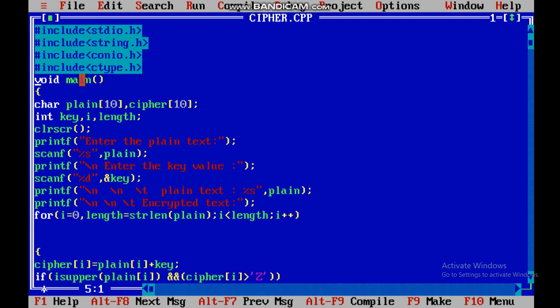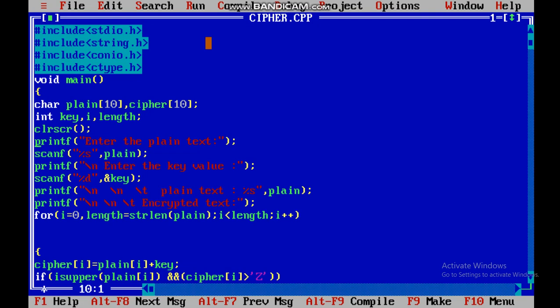Next, declare the main function. We take plain text and cipher as character arrays of size 10 and 10, and we take key, i and length as integers, and clrscr to clear the screen. First we enter our plain text.